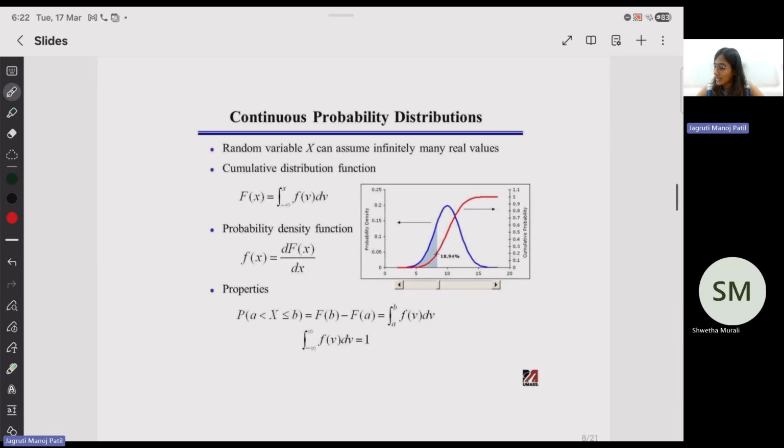Following it, that's our probability distribution function. For any random variable x, you can represent the probability distribution function as this. So you integrate it, and it's essentially nothing but your area under the curve. And if you have to compute the probability density function for it, it can be a derivative. Now, if you are evaluating it between two particular limits, you can add some limits to it.